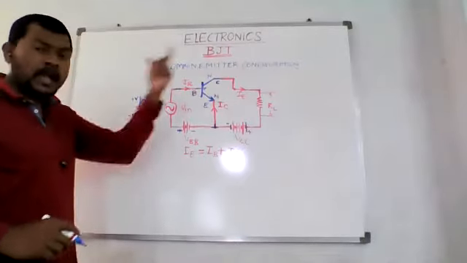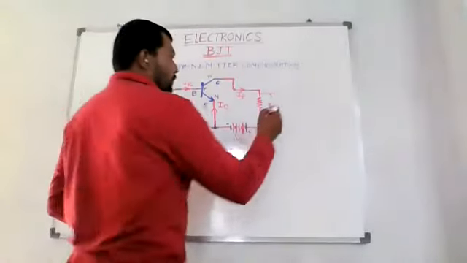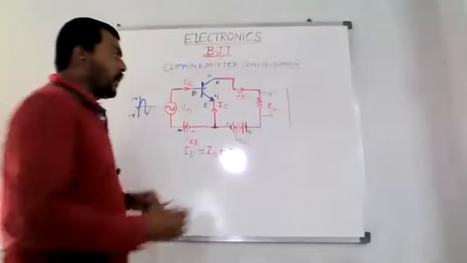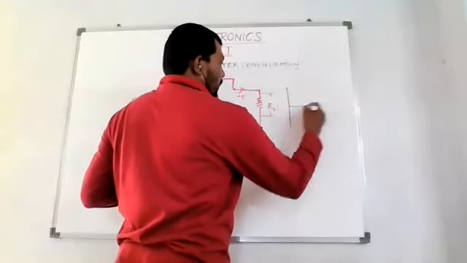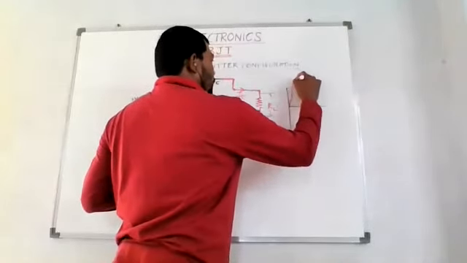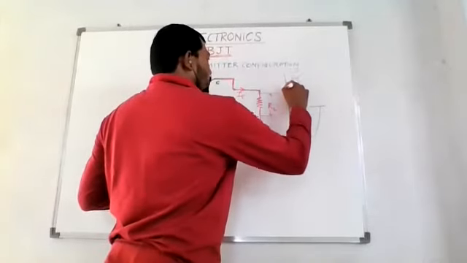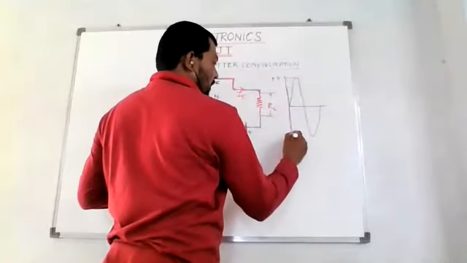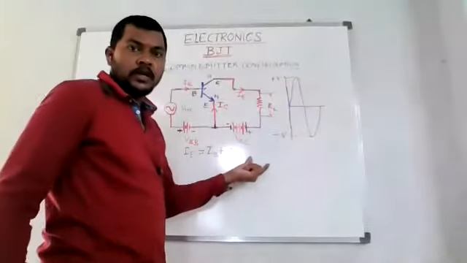And at the output side, what type of result am I expecting? When I give this type of signal, by amplifying, what the amplifier actually does is what I need to show you. The amplifier is going to amplify a signal like this. So I will now have this as the positive peak, and this as the negative peak.